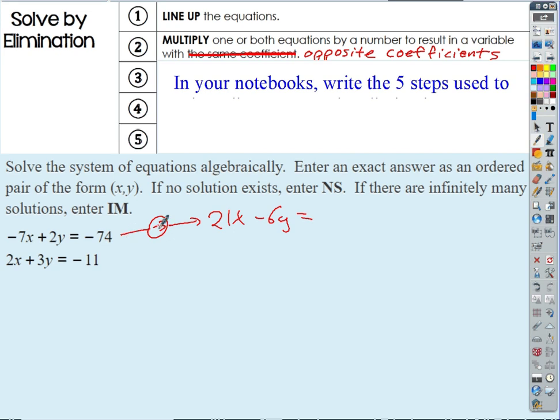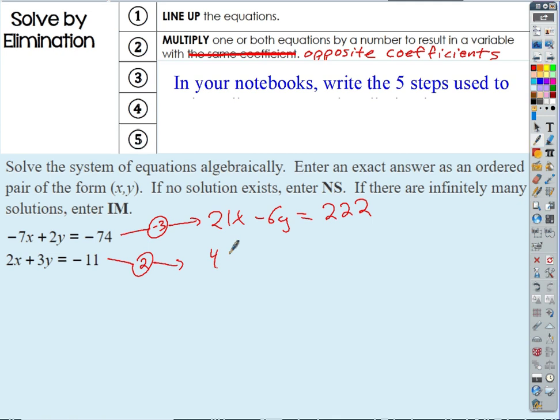What's 3 times 4? So what's 210 plus 12? 222. So what am I going to multiply the bottom one by then? If we multiply the top by -3, the bottom we need to multiply by 2, because we need to have a positive 6y, don't we? So we multiply by 2, and that's going to give us